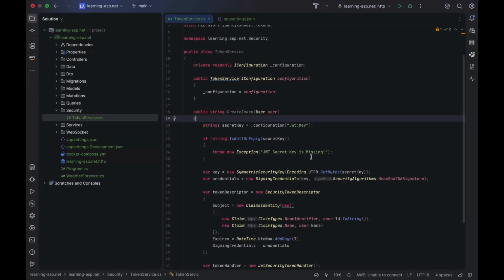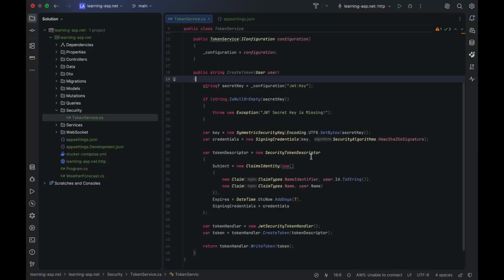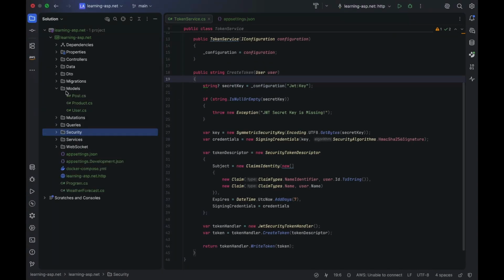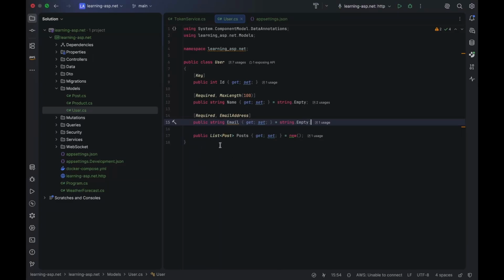So now we have the token service, and it's working with the create token method to create new JWT tokens for authentication. Now let's actually use this method and give our clients tokens when they are registered and logging in. So let's go ahead and create the authentication service, which will use the users entity that you have right here,